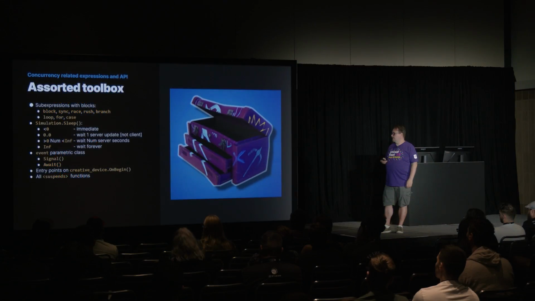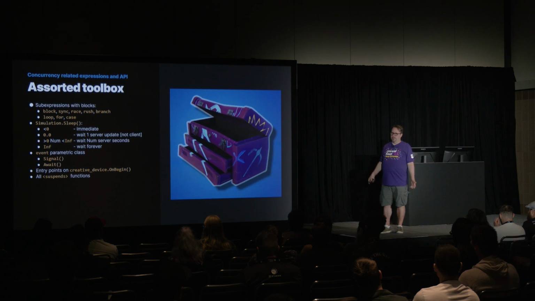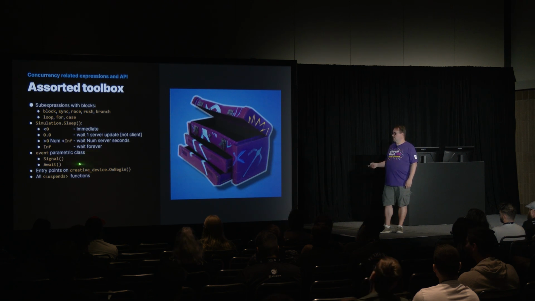The other thing that's interesting about event is that it's what you call parametric, meaning you can say that it's based on a given type. So say you made your own kind of trigger region, some simple radius-based thing, and when a given character, a given agent, walks within the radius, you could send along which character as your signal, and then all the awaits that are waiting on it would return the actor that you passed.